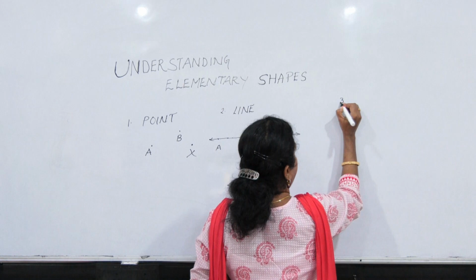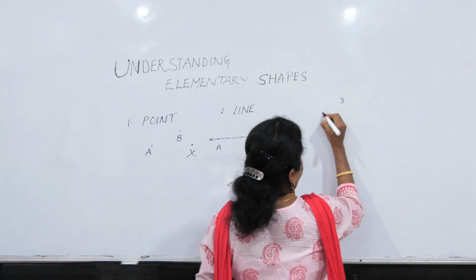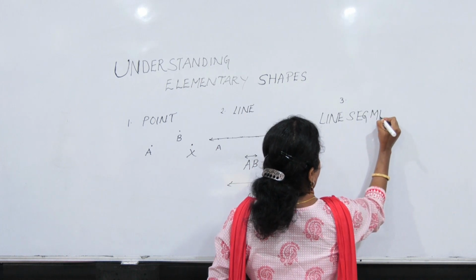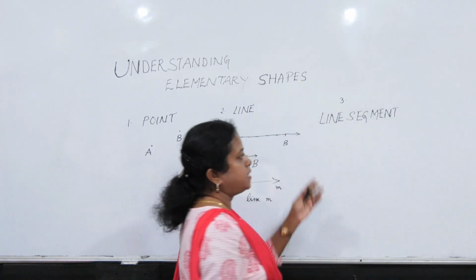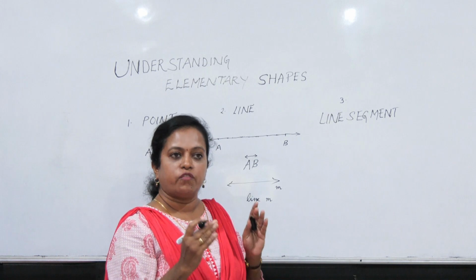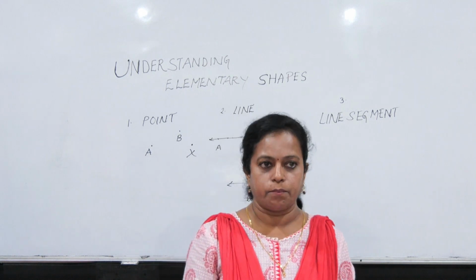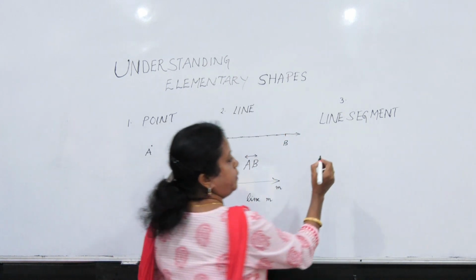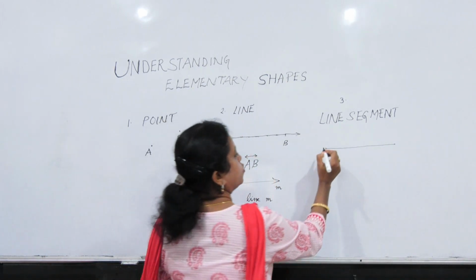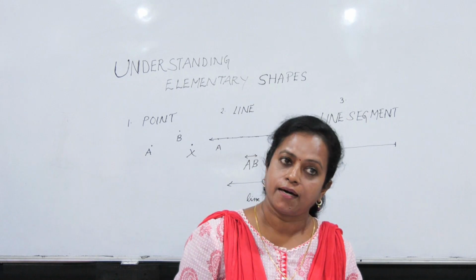Now the third basic element that you are going to learn in geometry today is line segment. As the name suggests, line segment. Segment का मतलब क्या होता है? It is a part of a line. So when we define line segment, we say it is a part of a line which is bounded by two end points. यहाँ पे आपने बहुत सारे points देखे. कोई भी अगर हम दो point लेंगे और उसके बीच में हम एक line खींचेंगे, so then it forms a line segment. और line segment को हिंदी में हम रेखा खंड कहते हैं.